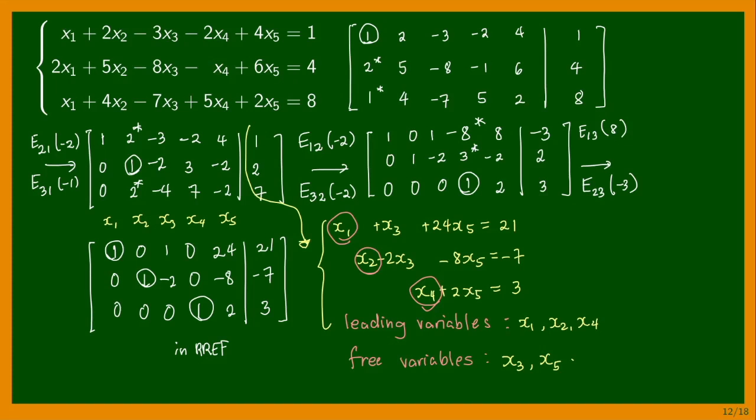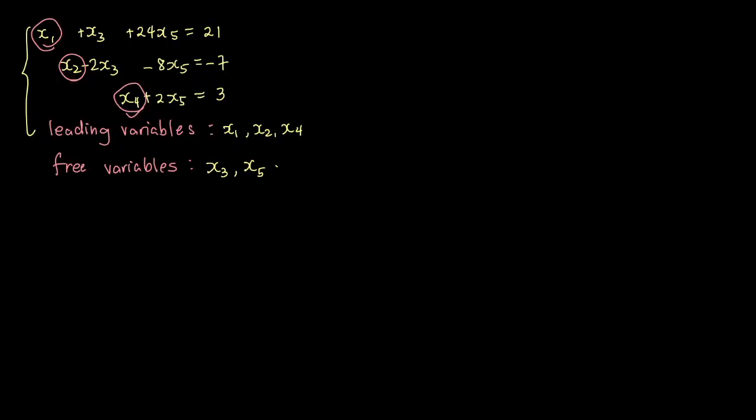Alright, so what do I mean by this? So let's make a scratch. And how do we write the solution set? So here, I pasted down the resulting linear system. So, as you can see, if we let x sub 3 assume a value of, let's say, r, and x sub 5 assume a value of s, because they are not necessarily the same, then